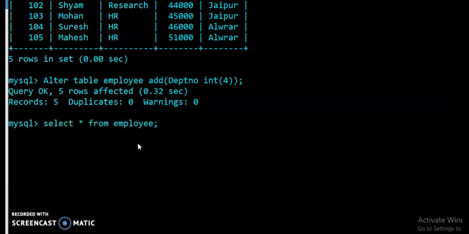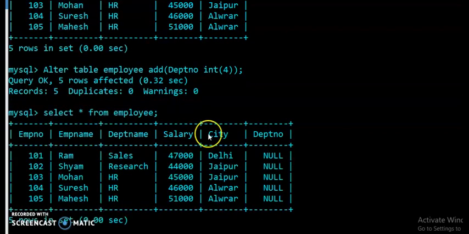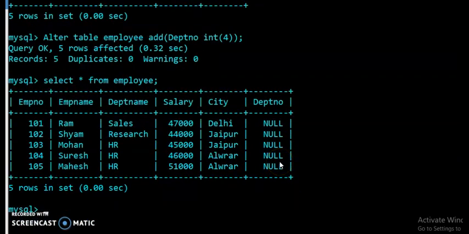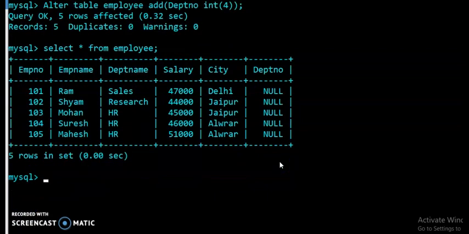So you can check here, dept number is added as the last column, but it can't contain any value because we have only added the column, we have not inserted values in it. Now students, if you create a new column by using the alter table command, how can we insert values in that column?